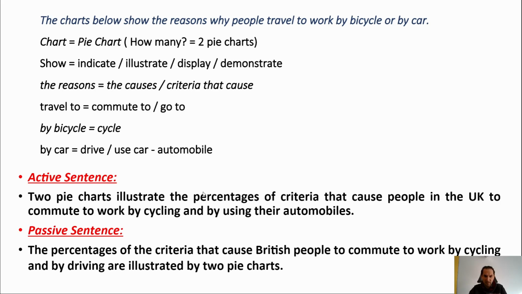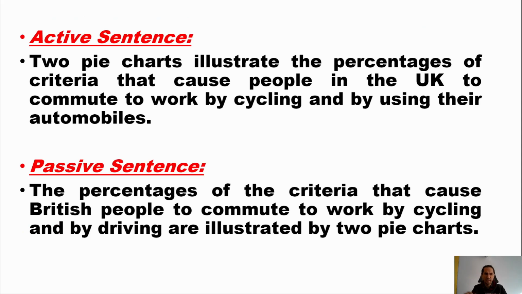The percentages of the criteria that cause British people to commute to work by cycling and by driving are illustrated by 2 pie charts. Bu kadar basit arkadaşlar. Okay, so next